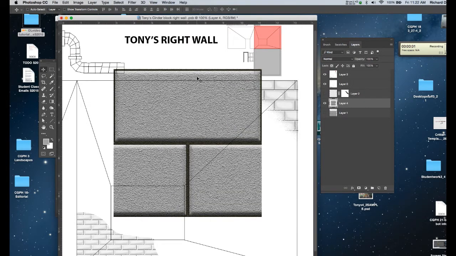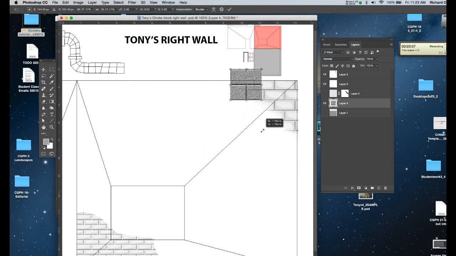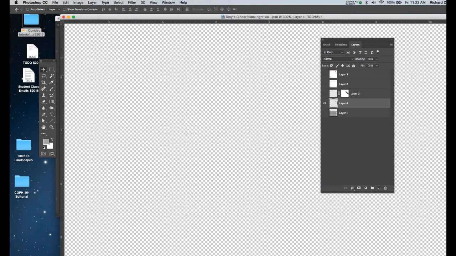Once I've copy pasted, I'm going to scale this sample down closer to the actual proportions we'll need for the wall itself. Next, I'm going to turn off the templates and I'm going to zoom in